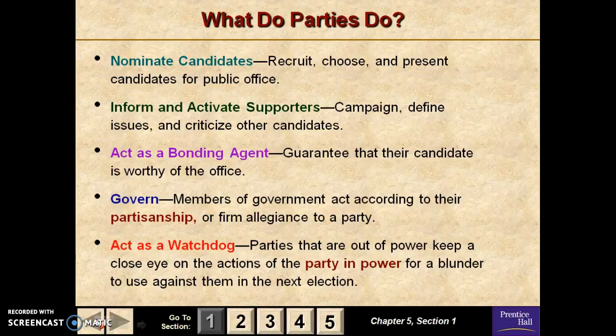Acting as a bonding agent is basically a guarantee that their candidate is worthwhile. Just like the Republicans used Donald Trump this year. No political experience, but because he was a Republican, people felt that he was worthy of office. To govern, that's where they're going to represent their party in government in those elected positions. And the last one is to act as a watchdog, where the party that's in power is constantly being watched over by the parties that are not in power to make sure that everything they do is within the rights